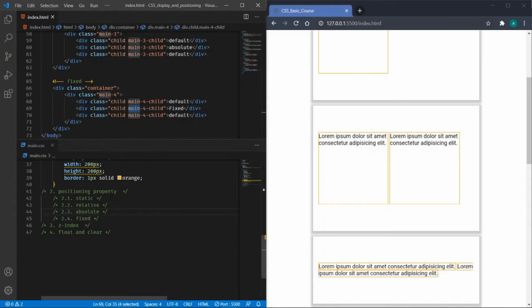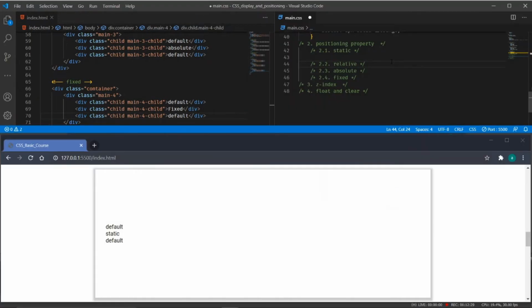So let's jump on to the CSS part. For the static one, before positioning all the containers, I will have a common CSS for the child elements.